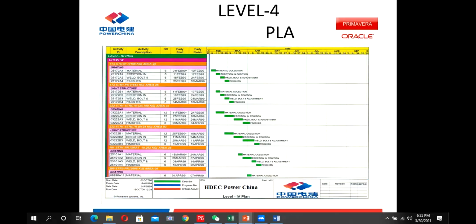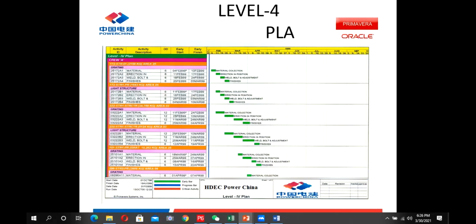After this, when it is finalized, the planning team works deeply on it, and they produce a level 3 schedule, which goes up to the discipline level. Every discipline is divided, and then we detail it on every discipline basis.